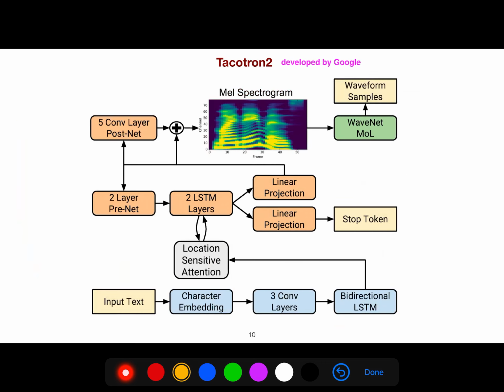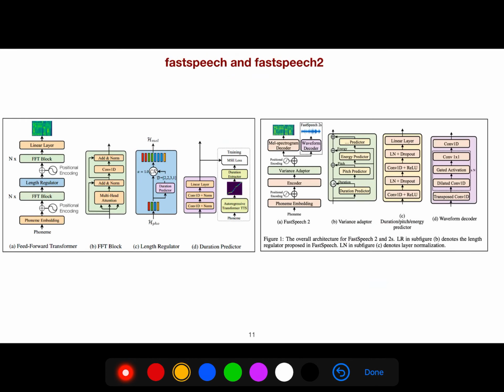And of course, there are other models as well, because it is a sequence-to-sequence model. So we should either use LSTM or we could use transformer models. Tacotron 2 uses LSTM, and here it uses bidirectional LSTM.